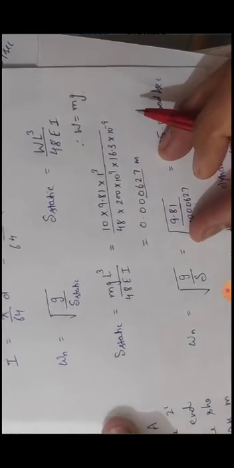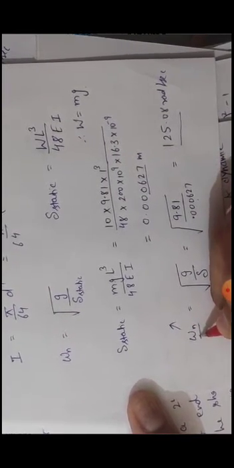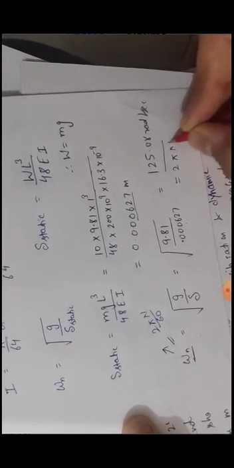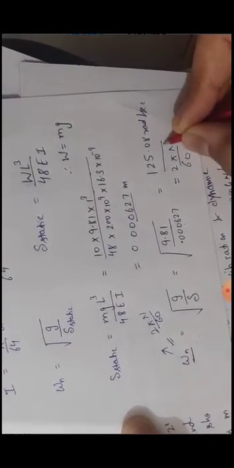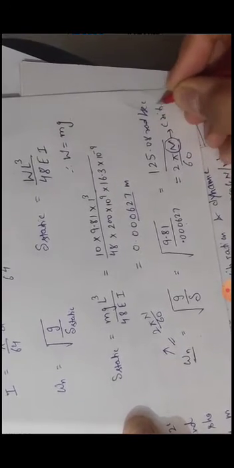Here one more question can be asked, that is to find the critical speed. We know the critical speed is the speed at which we get the natural frequency. So we can find it here, because omega n equal to 2 pi N upon 60. Putting this value, 125.08 equal to 2 pi N upon 60, and solving this, we can get the value of N. N is nothing but the critical speed of the shaft.